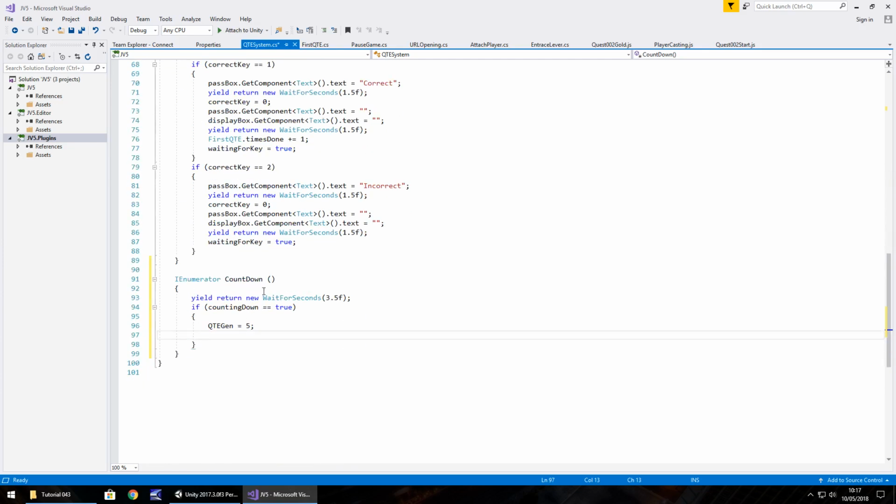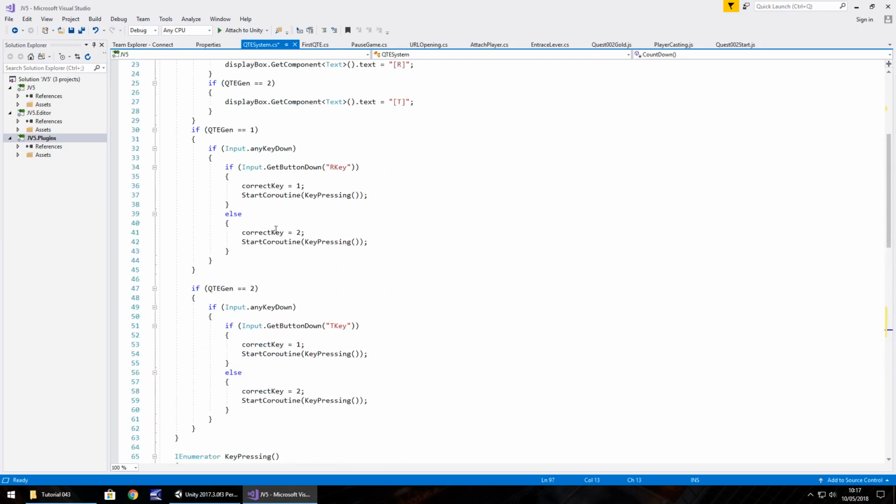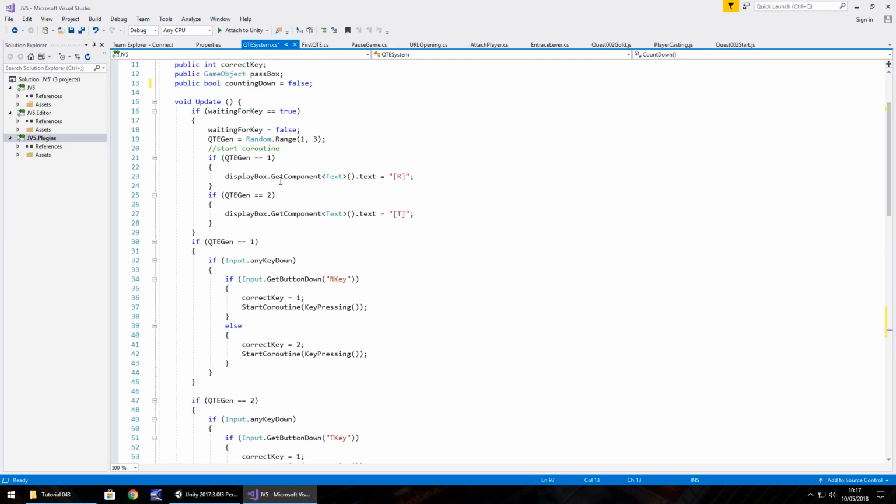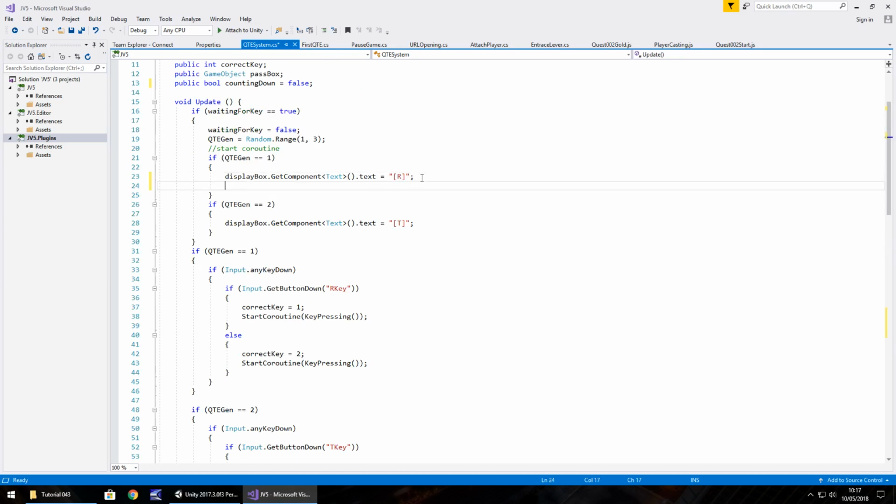We're going to need to start this coroutine of countdown whenever we generate a key. So once we've generated it, we will go StartCoroutine(CountDown);